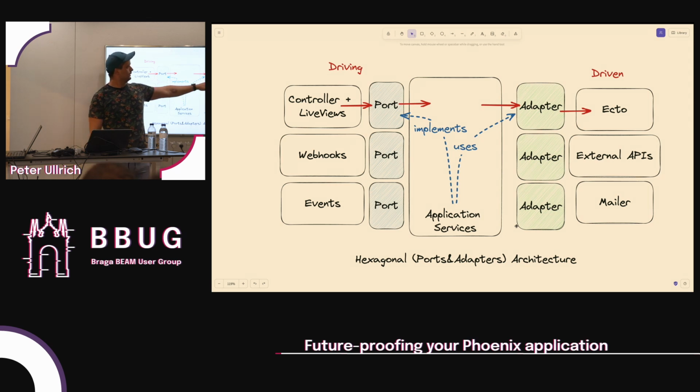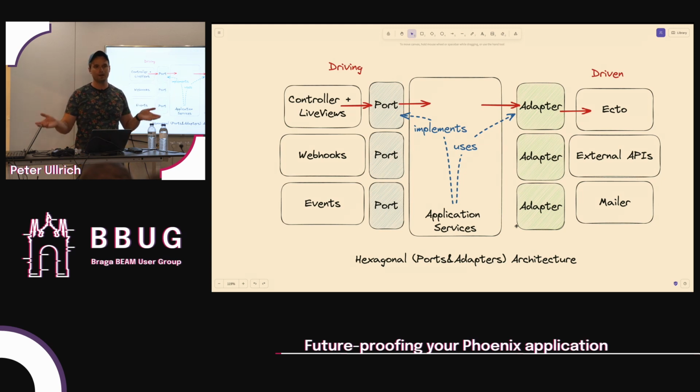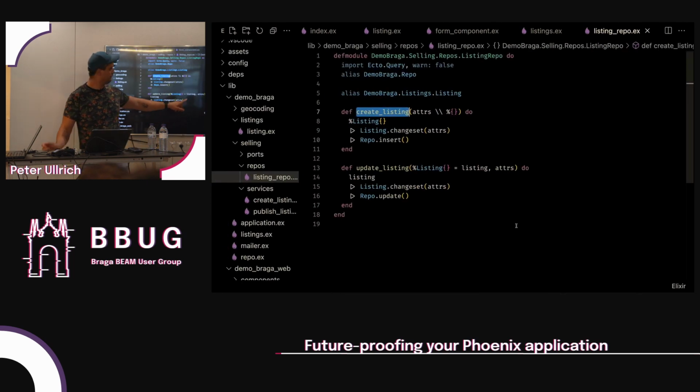Right here, I have my repo and I want to retrieve the latest listing for Braga, the latest houses, right? That's something I want to cache. I don't want to go to the database for every request, I want to cache it. So in here, you can easily add that, right? Basically here, if we had a list,